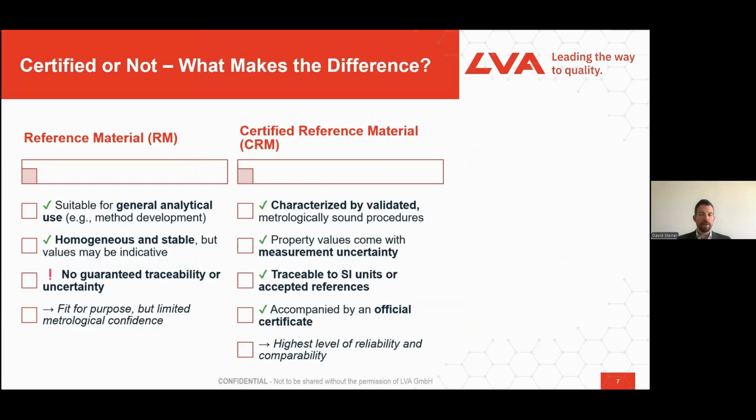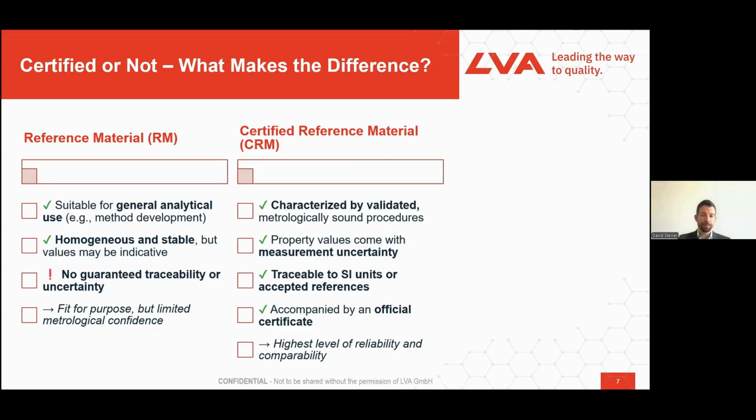And now at this point, it is also very important to highlight that not all reference materials are the same. Even though they may look similar in practice, they are significantly different in terms of quality, traceability, and also reliability. So on the one hand, we have classical reference materials, which are generally suitable for routine analytical use, such as method development or internal quality control. They are typically homogeneous and stable, but the assigned value may not be fully traceable and they are often provided without a defined